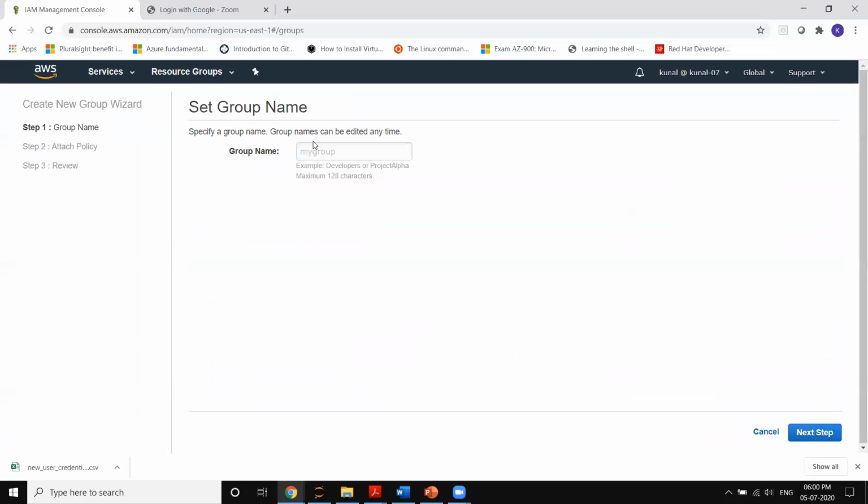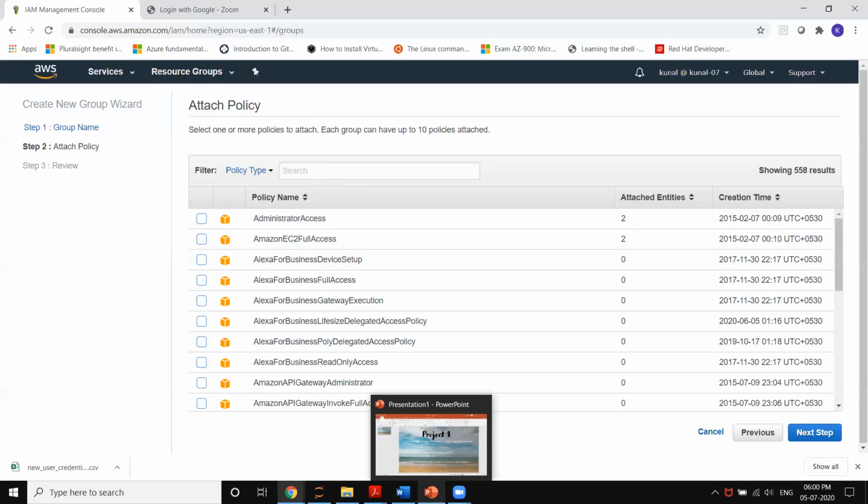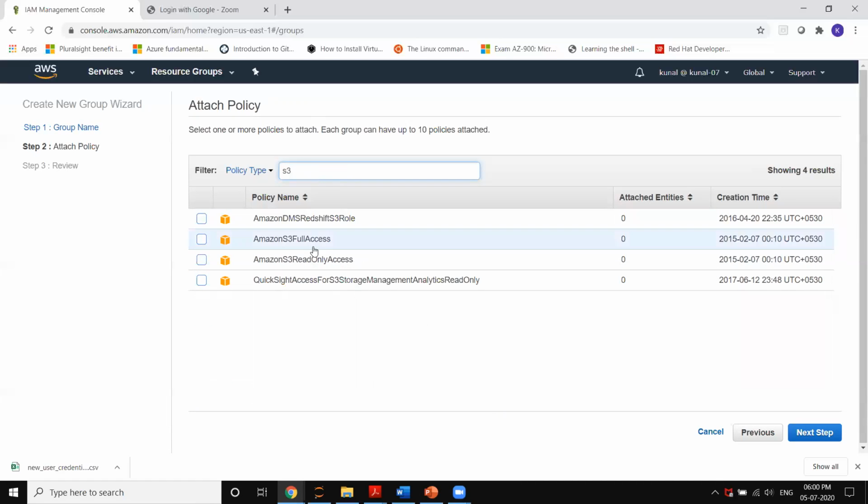Similarly, create the third group. In this third group, I will give the group name as S3 group. Click on next. Then we have to assign the policy which has only read only access to S3. Just type it here in the search box, S3 read only.